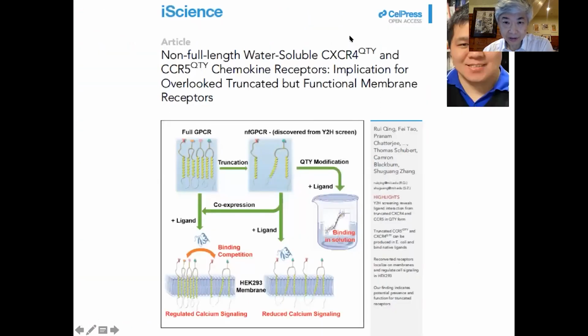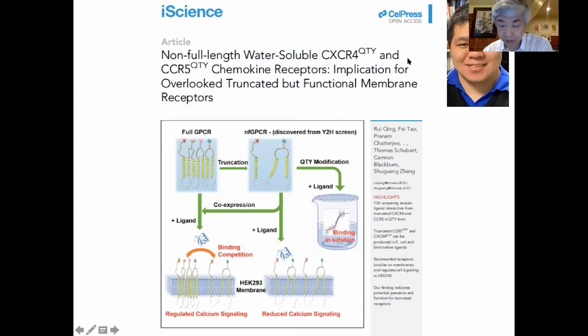Qin Rui also studied the same QTY code and studied non-full-length water-soluble 6L4 QTY and 6L5 QTY chemical receptors,